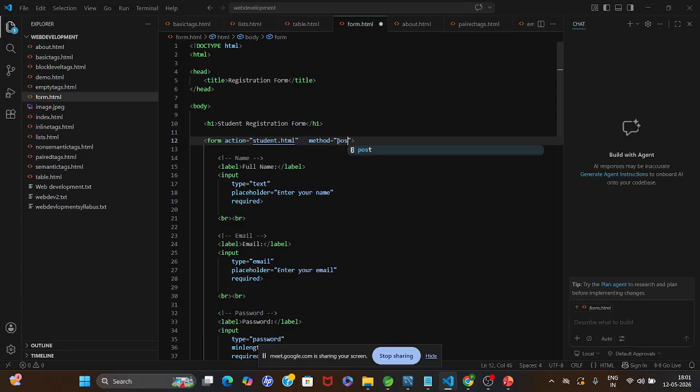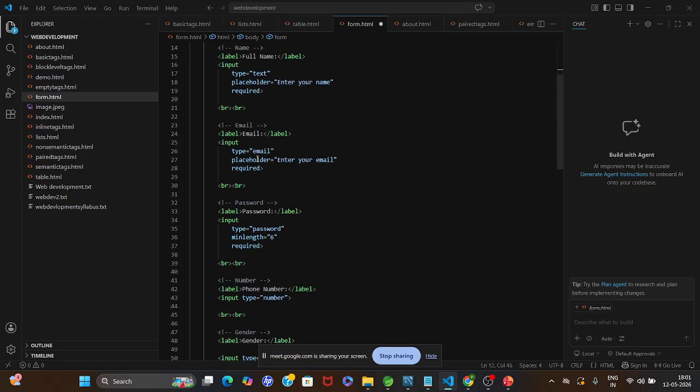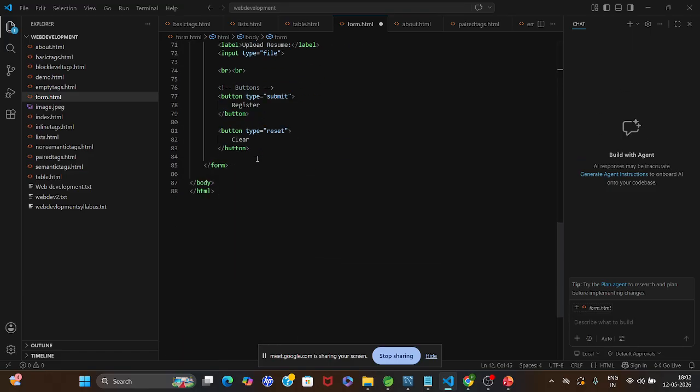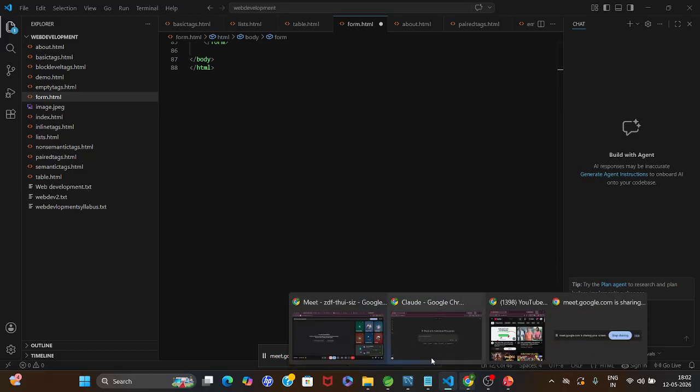If we use the get method, it will take our data, but it won't be secured. It will be visible. And if you pass the data by post method, then it will be secured and it won't be visible. So these are the attributes of forms, and the input methods and the label tag and validation attributes and all. Have you got my point,